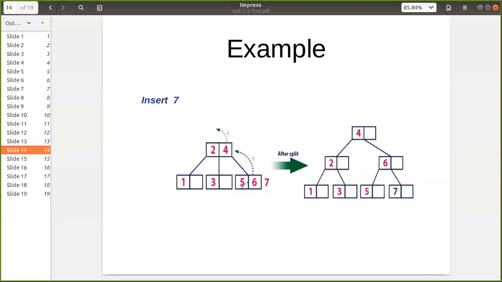We can have at the max 2 keys, but 7 cannot be accommodated. So simple way, again we are doing the same thing. We'll split this node. Suppose we are having here 1, this first node, then the second node 3, and then the third node here. So we are going to split this one.